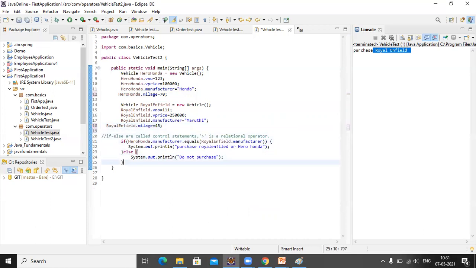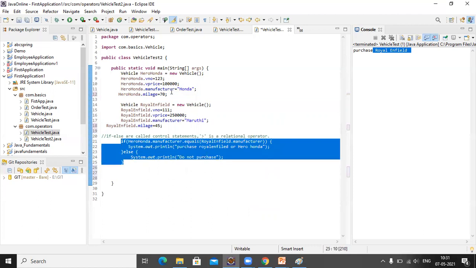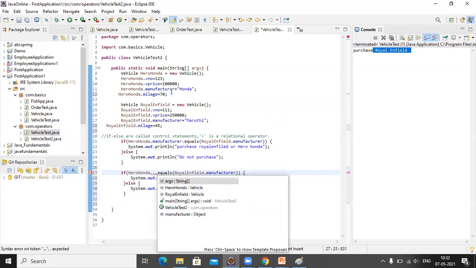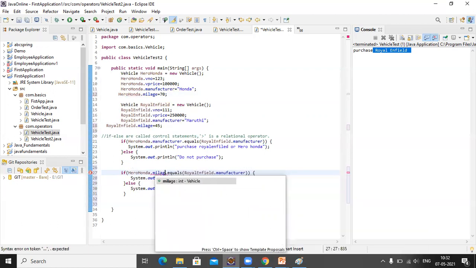Okay, now I want to check the same condition based on the mileage.